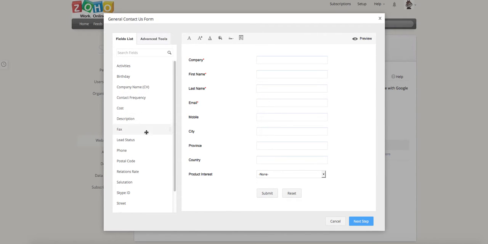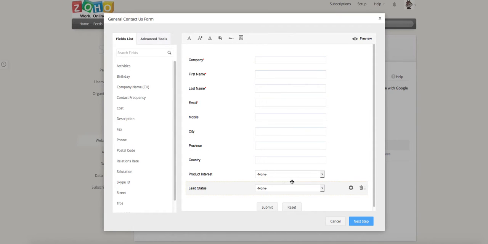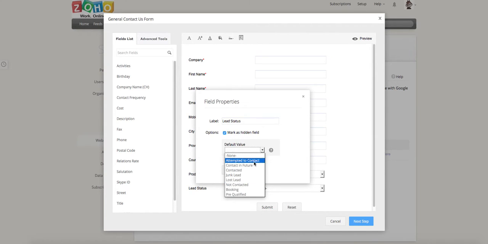So for example, status, I can drag that in. Now, say I want to default that to a value. I don't actually want anyone to fill that value in because that's an internal field used by my sales team, for example. I can click the options and then click this as a hidden field